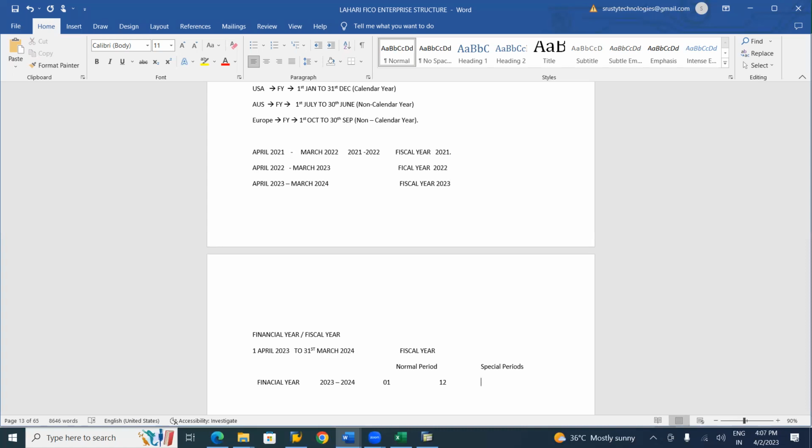There is a concept called special periods in SAP. Minimum 1 special period and maximum 4 special periods we can have in SAP. According to your transaction volume, you can have 1 special period, or 2, or 3 special periods. But maximum, how many can we have? 4. So 1 to 12 are normal periods, and whatever we have given for adjustment, we call it a special period. How many can we have? 13th period,